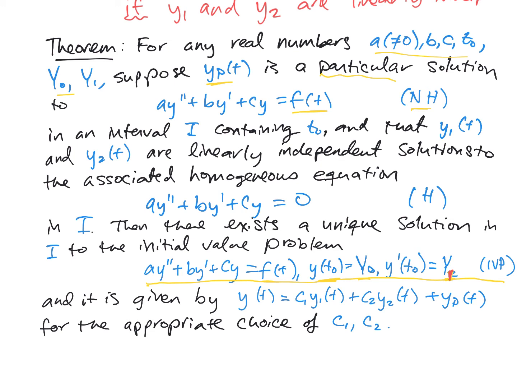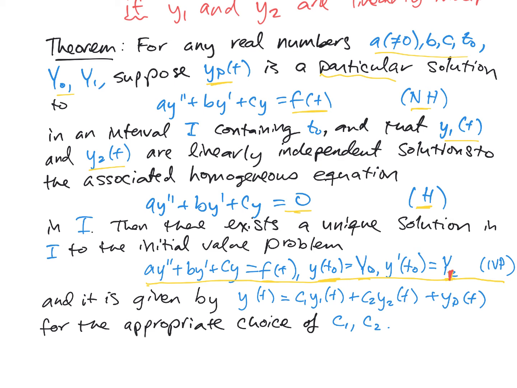And that next you consider the homogeneous equation where you set the right-hand side equal to 0. And let's say that you can find two linearly independent solutions to that. Okay, and we know how to do that in every case because you just solve the characteristic equation, blah, blah. Then this theorem says